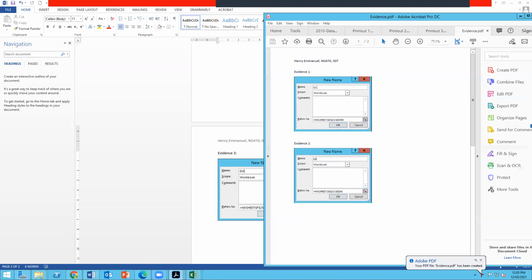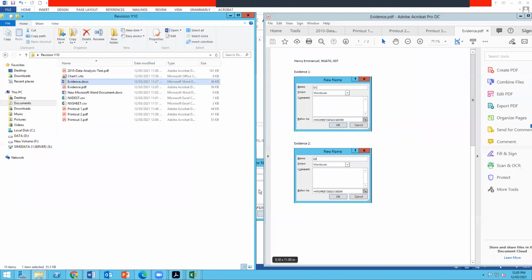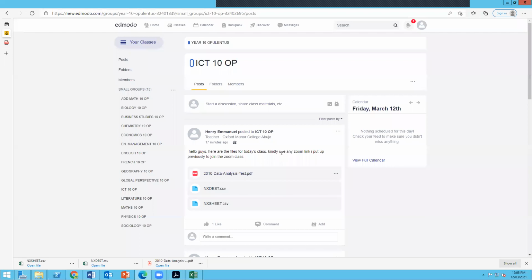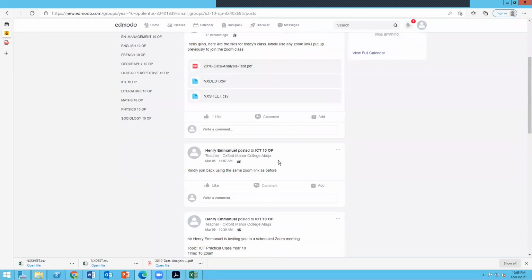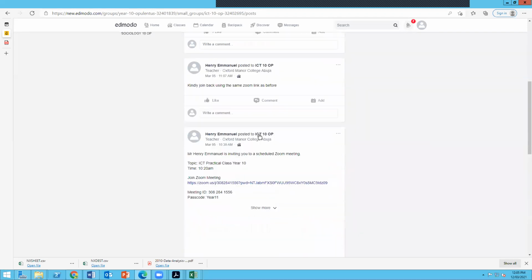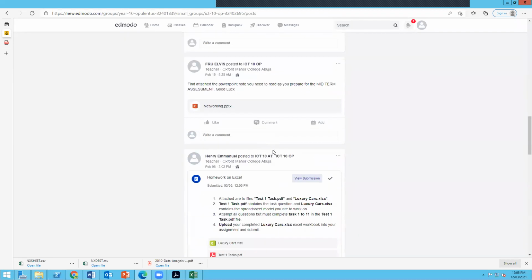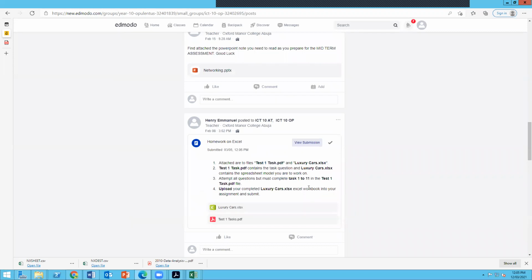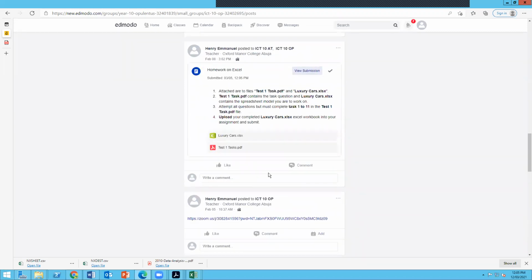So in your exams, all those printouts that you print to PDF is what you're going to submit in your exam on Edmodo. So you're meant to attach these files and then submit it in Edmodo. In case you don't know how to attach the files and submit, your exam question will come up as an assignment, just like what we did in the last class, right? So all you need to do is to